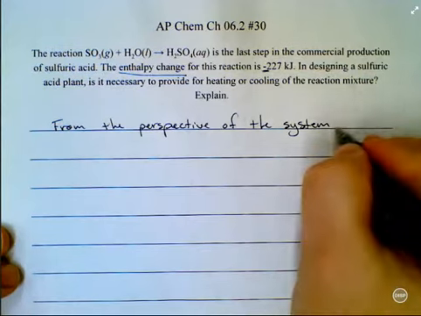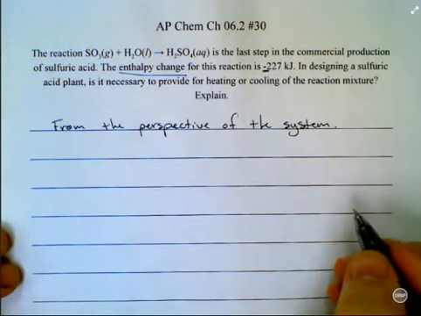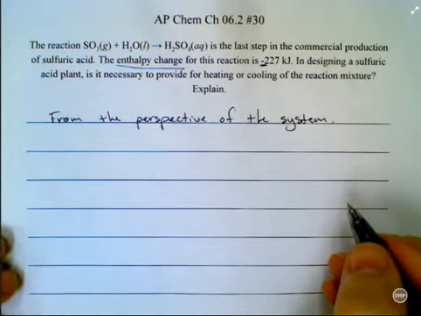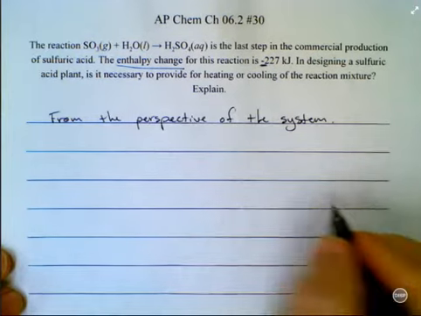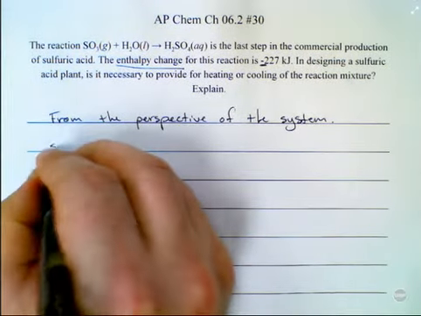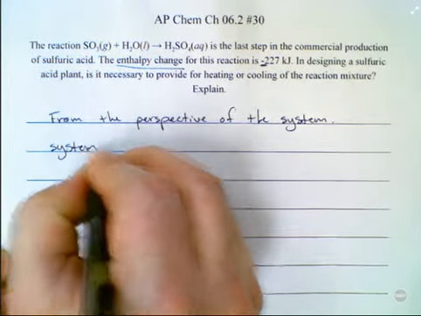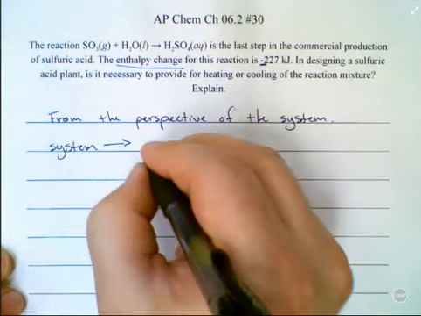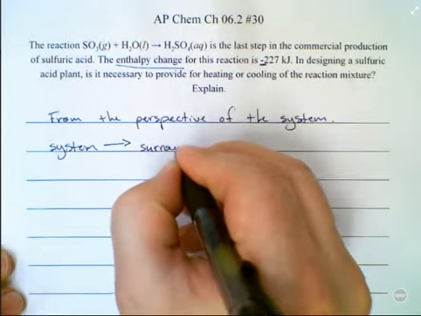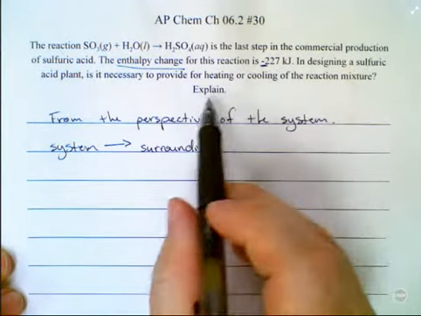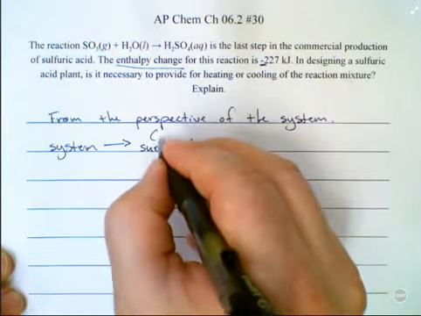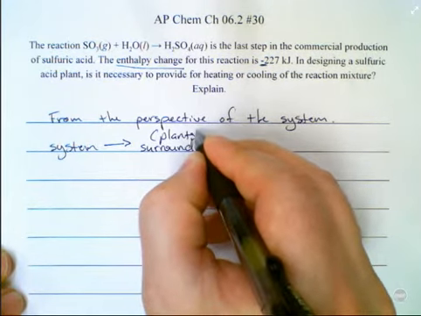So if, from the perspective of the system, that's a negative value on the enthalpy change, that means that the system is losing 227 kilojoules into the surroundings. From the system into the surroundings. So in this question, in this situation, the surroundings, the same thing as saying the plant,